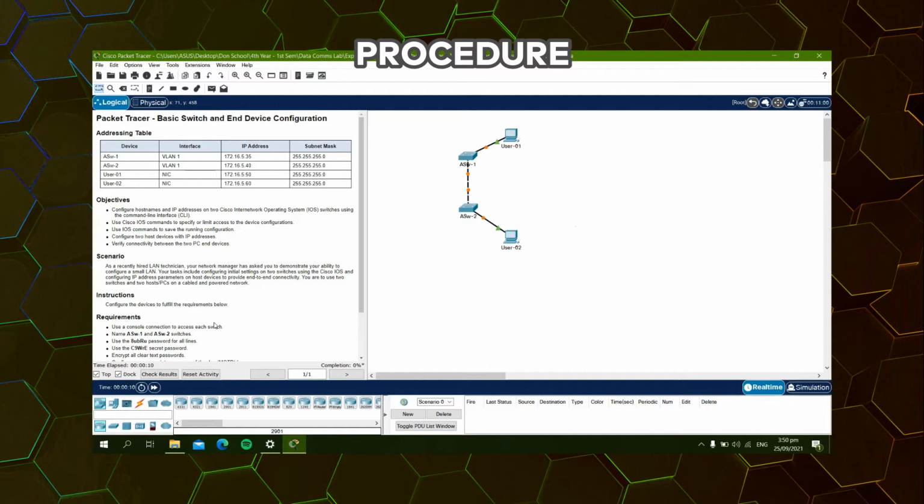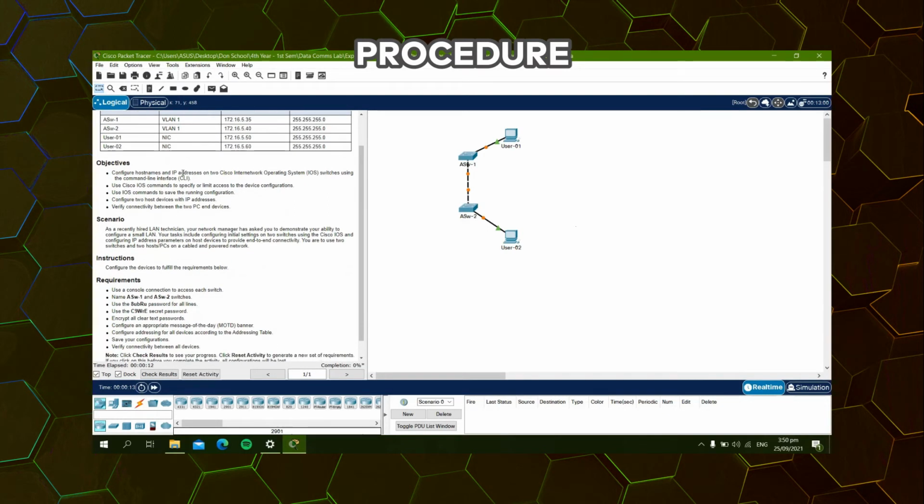So the objectives of this experiment are to configure hostnames and IP addresses on two Cisco Network Operating System or IOS switches using the command line interface or CLI, use the Cisco IOS commands to specify or limit access to device configurations, use IOS commands to save the running configuration, configure two host devices with IP addresses, and verify connectivity between the